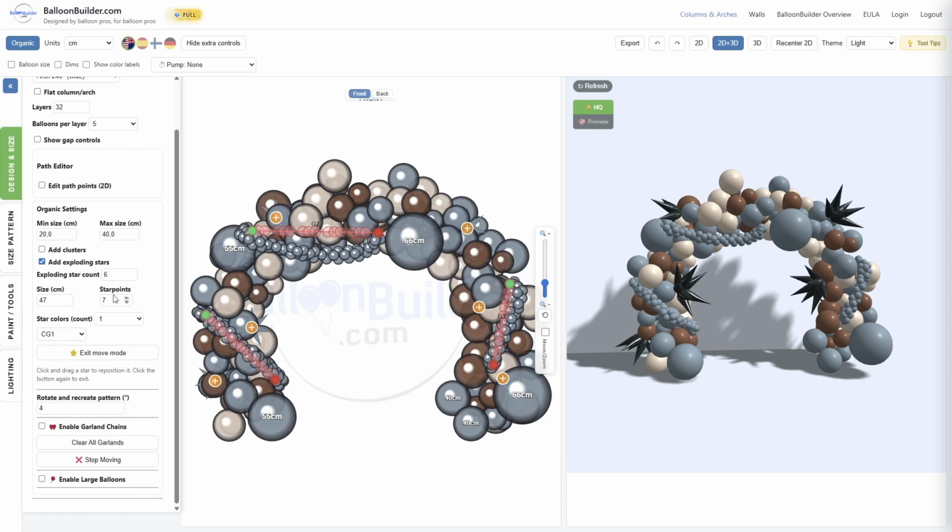Now we can define the colors of the star points or the exploding stars. You can define how many different colors we want to use, but I want to use just one, and I want to use the CG4, which is the gold. So choose the gold for the stars,